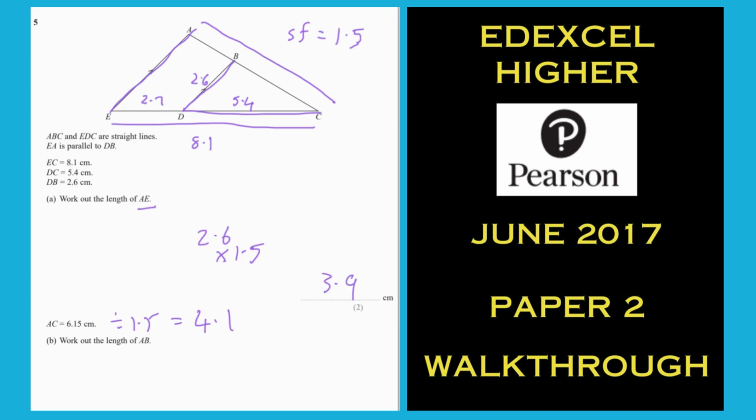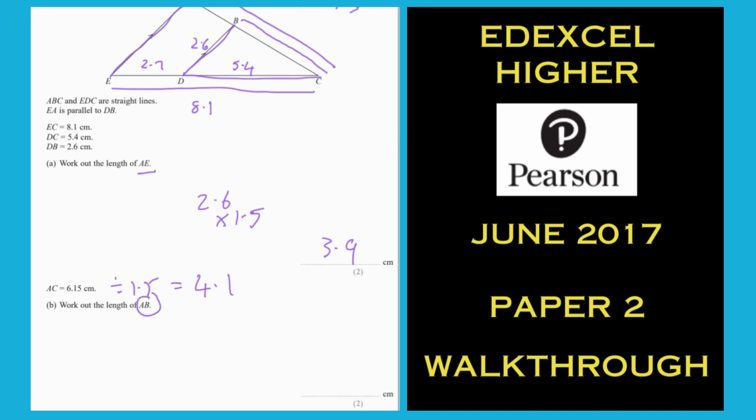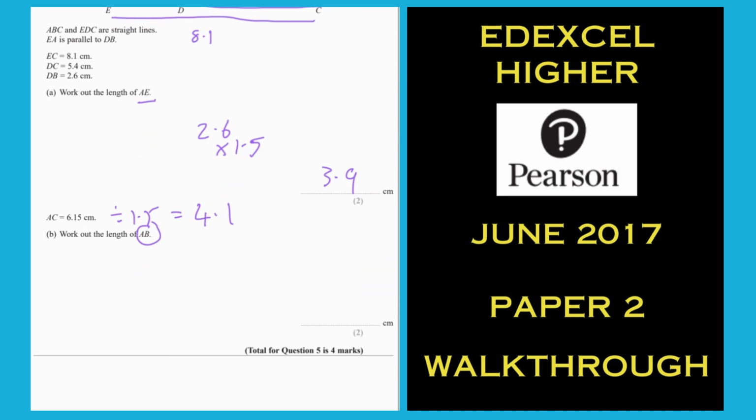When we've divided by 1.5, it's that bit there, it's B to C we've just got. We want A to B. So we need to subtract. So 6.15, take away the 4.1, gives you the little tail end,